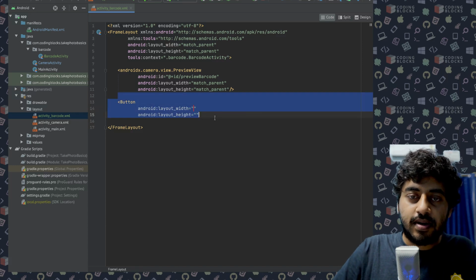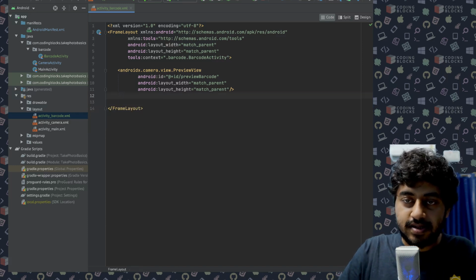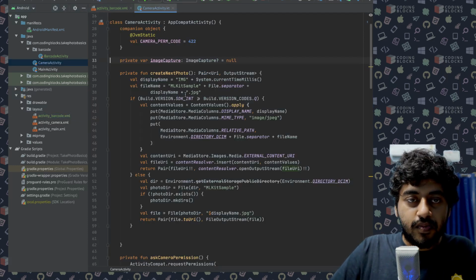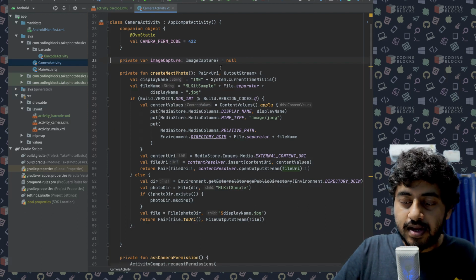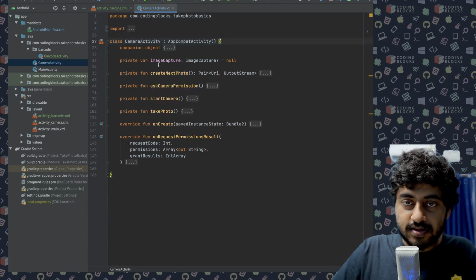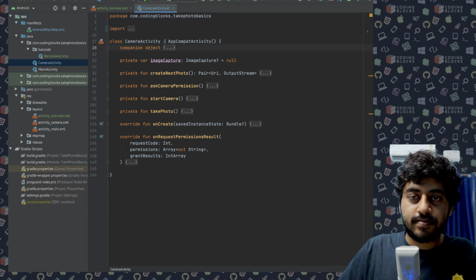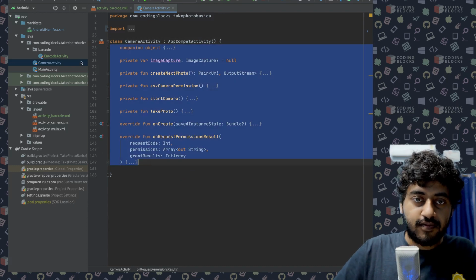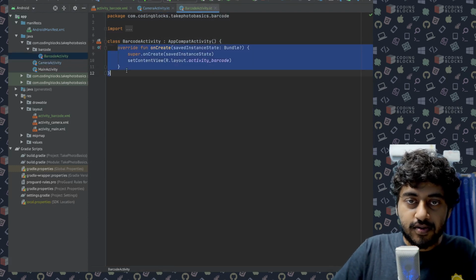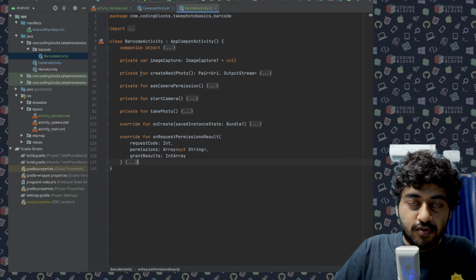So I don't think I need a button here right now. Okay, so let's see what we need here. From the camera activity, I think I will need a lot of the things here. So I need the camera mesh. I think, let me just copy the entire class for a second into barcode activity. Okay, and I will remove a few things here.